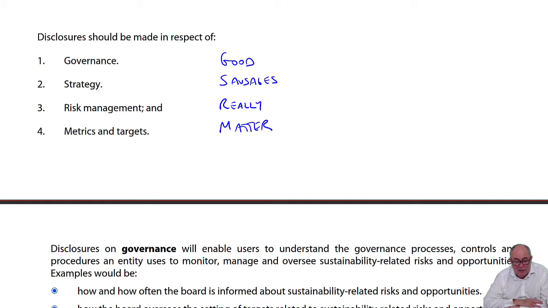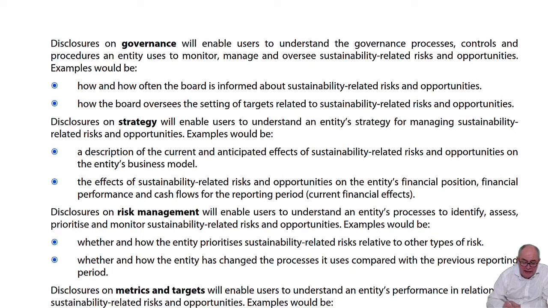So I think for each of them, if possible, you need to have one disclosure up your sleeve. So what would I go for in terms of the ones that I've mentioned here? Well, the ones that are easy to learn, certainly. So governance, the board will be informed about risks and opportunities relating to sustainability. How are they informed and how often is it discussed?